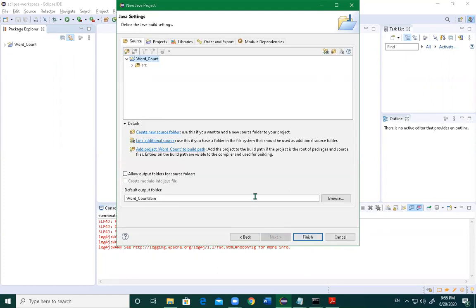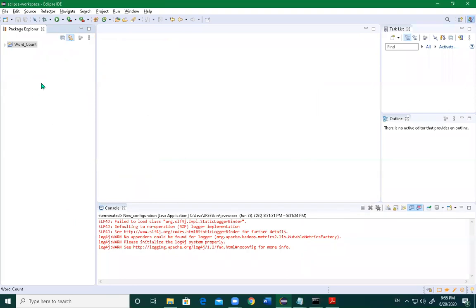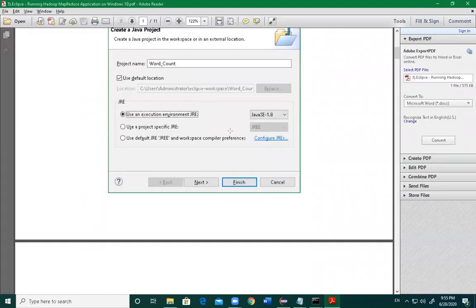Click on next, and then you can see the structure of the folder, word count, and src for the source. You can click on finish so that the project is created here, and you can see the content here as well. This is the default content of the folder. Then after that,